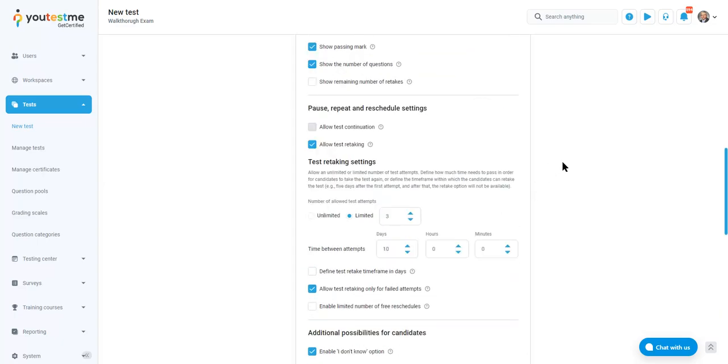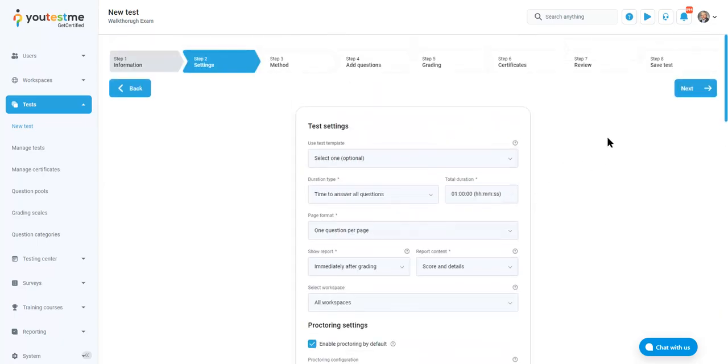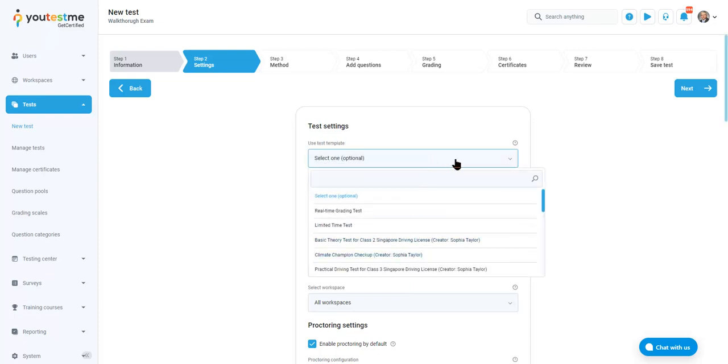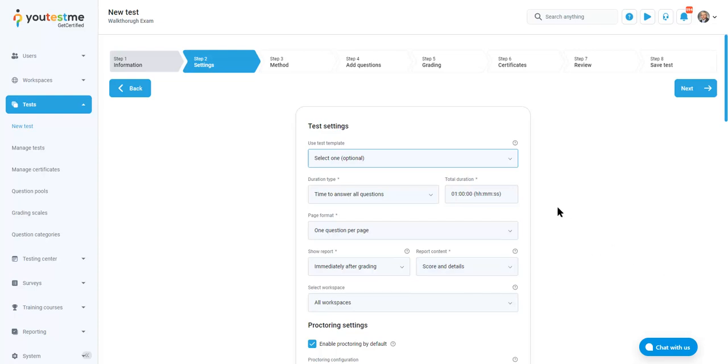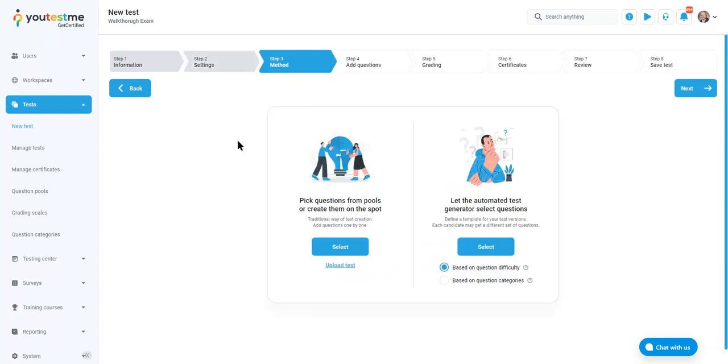So these were the settings of an exam. As you can see, you can combine them into the exact option that you need. And if you're often using that option, you can, at the end of this, save this as a test template that you can simply reuse and upload, which will immediately populate all of these fields according to your security standards and preferences. So let's hit the next option here, and we'll see that in this step we have to choose